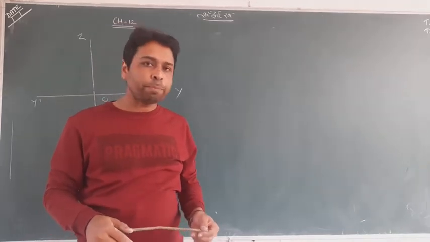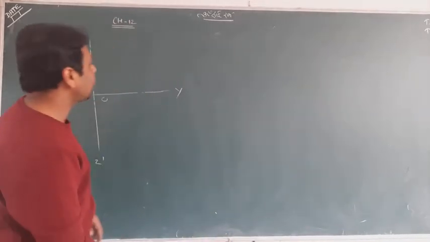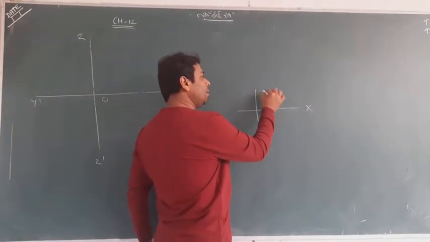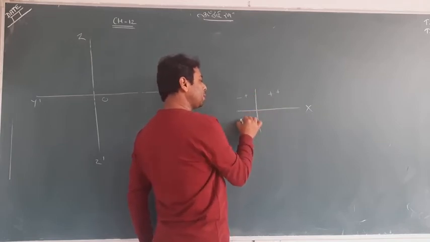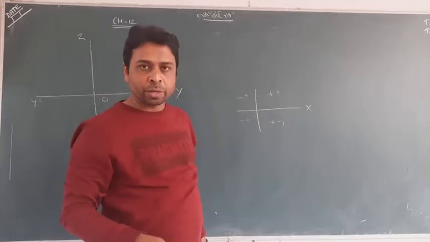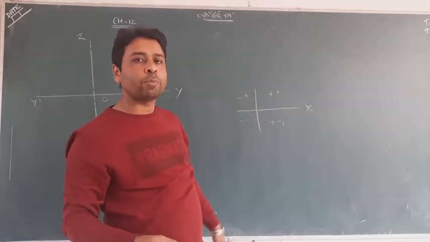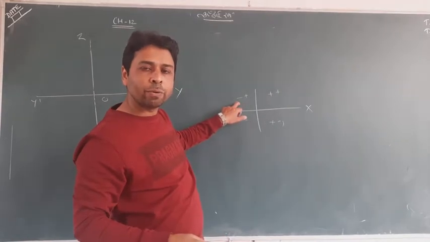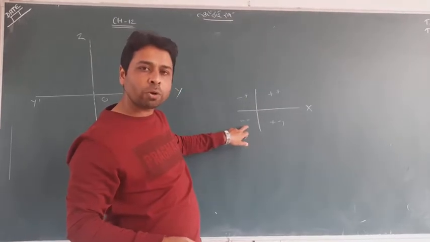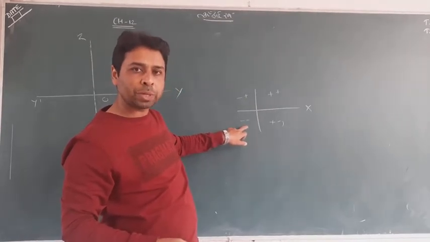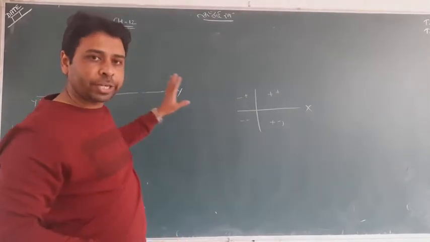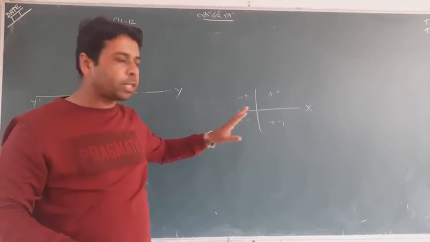In very simple words, I would explain one thing. As in two-dimensional geometry, for x and y, it is plus plus, minus plus, minus minus, and that depends on the quadrant. The point lies in which quadrant? Suppose it is in the second quadrant, what kind of nature will it follow? Minus plus. Suppose it is in the third quadrant, what kind of nature will it adopt? Minus minus. Same as here, any point lies in this octant. So one can understand it's two-dimensional geometry.